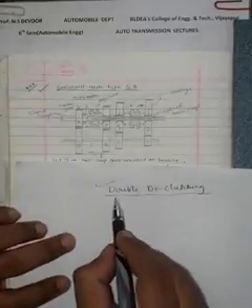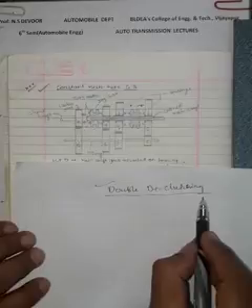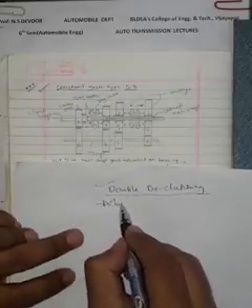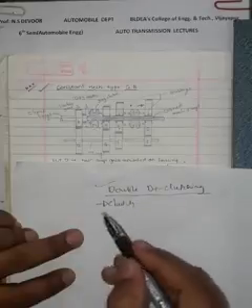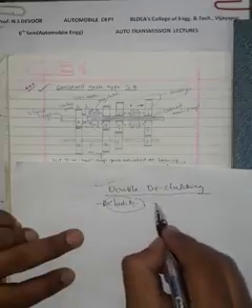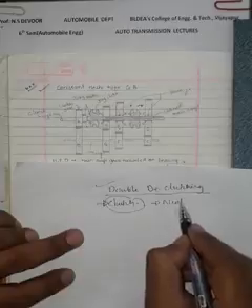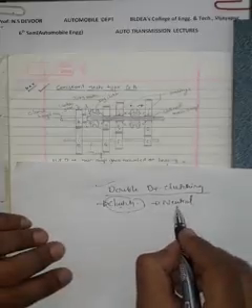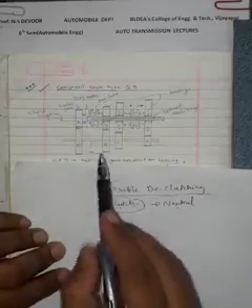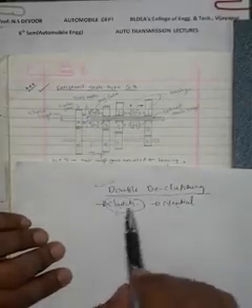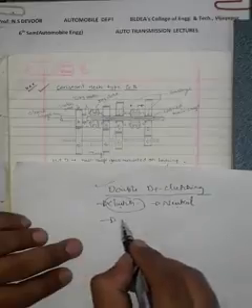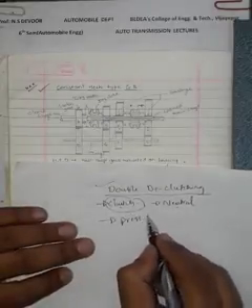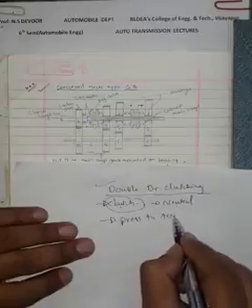Why is it called by the name double declutching? When the driver presses the clutch first, it means it will disengage. Then he comes to the neutral. He pressed the clutch and came to the neutral. Now it is already in the neutral. Then what do I have to do? The driver has to remove his foot from the clutch pedal and press the accelerator pedal.